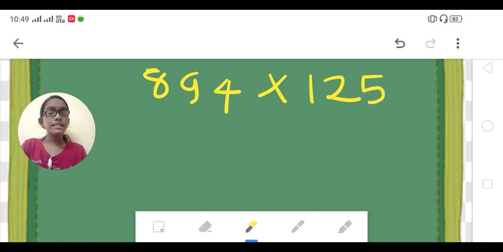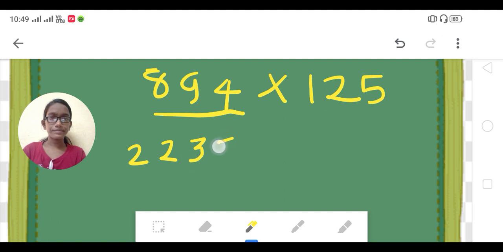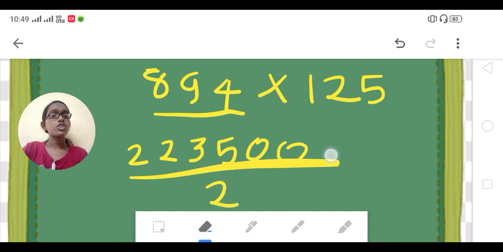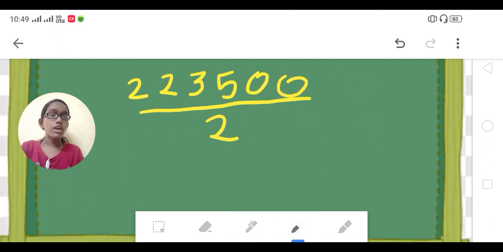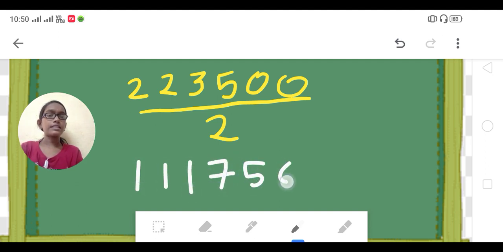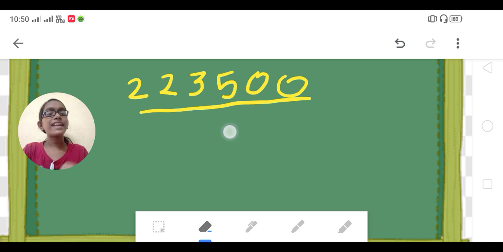Now first of all, multiply this number with 25. Simple. So your answer would be 22300. It won't be 00, it would be 50. 22350. Now add a 0 in the end, and then divide this number with 2. Simple. So now if you divide this number with 2, your answer would be 111750. Check it using a calculator. This answer would be 110% correct, guys.